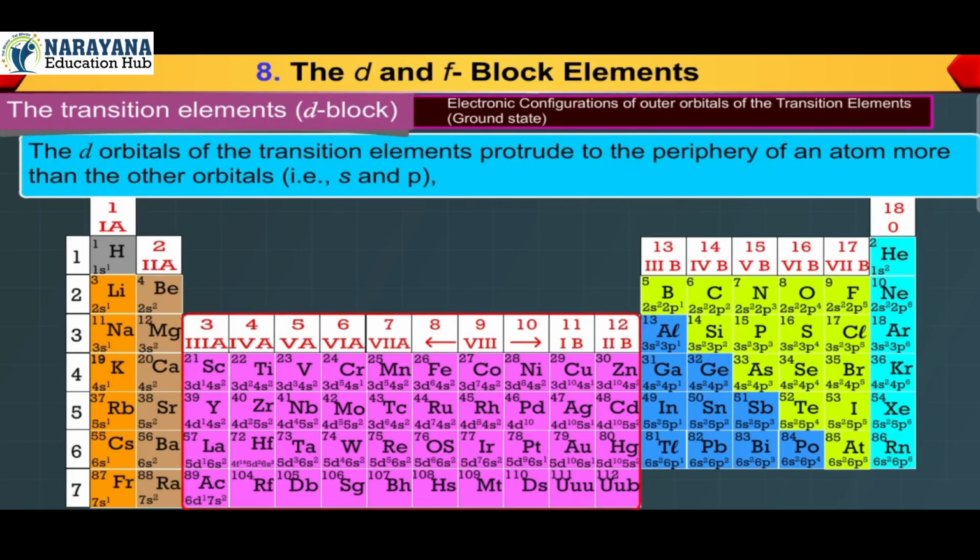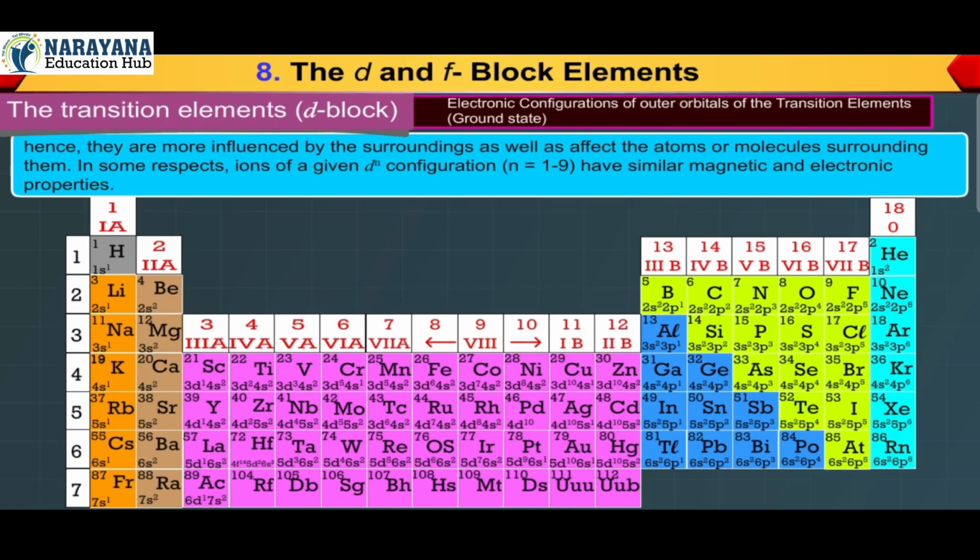The d orbitals of the transition elements protrude to the periphery of an atom more than the other orbitals, that is, for example, s and p. Hence, they are more influenced by the surroundings as well as affect the atoms or molecules surrounding them. In some respects, ions of a given dn configuration, that is, n equal to 1 to 9, have similar